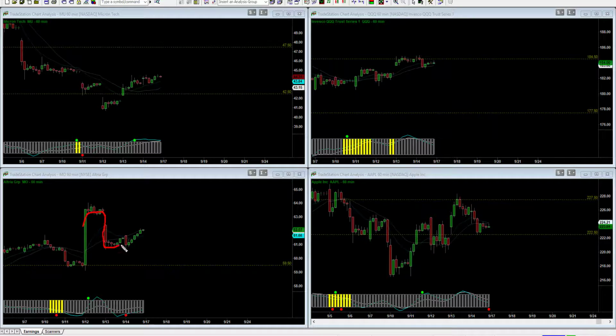Spiked up, dropped down, hung out for a while, and just sort of rallied up into Friday's close. With that, we collected full premium as well, being that it closed out of the money with $8 if you traded one contract with a $42 max risk for a 20% return on your money. And then we go to the top right with QQQ. QQQ was an iron condor with a 184.5,